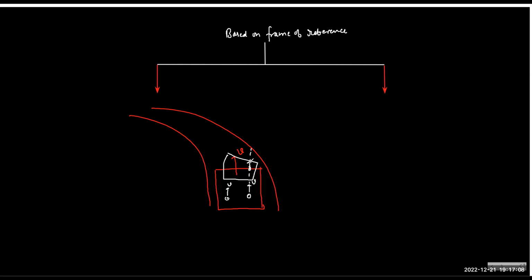Because this is your inertia. You will try to maintain the direction of motion, but the car has turned. And in the time when the car has turned, you are not able to make the same turn. So rather you will hit the new face of the car, because it is like a reverse process. It is like you are moving that way and the car has come in front of you. So the car door will come in front of you, and you will hit it. That is how you feel this force, the outward force.